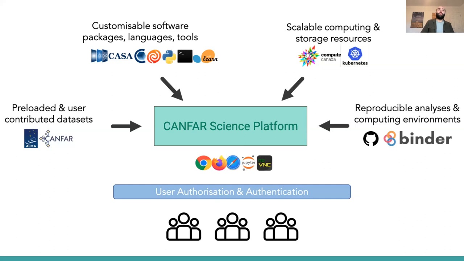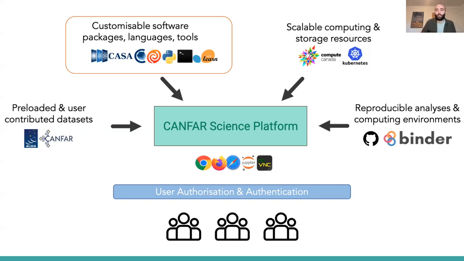So the first one I want to mention is customizable software and tools. Really what I should have put here is software containers, if you know what this is. Essentially, software containers are ways of really efficiently packaging up software and all its dependencies so it can be deployed on different hardware.